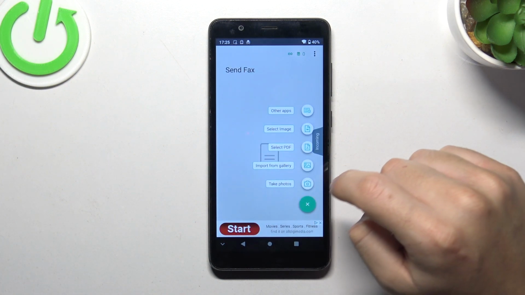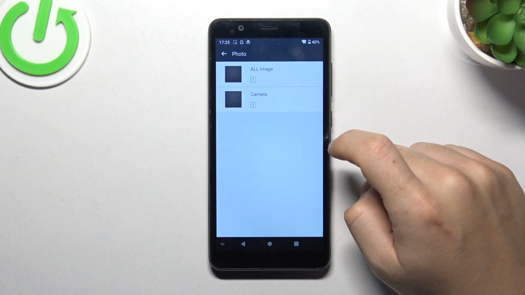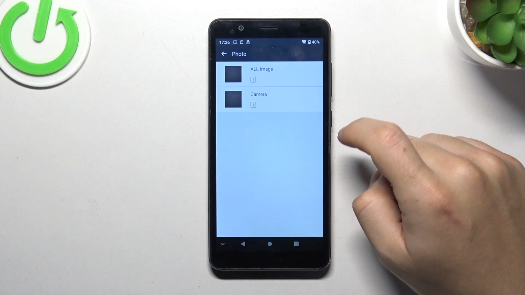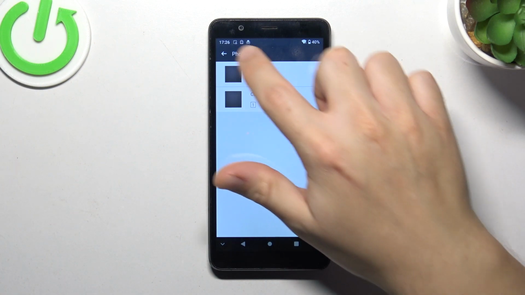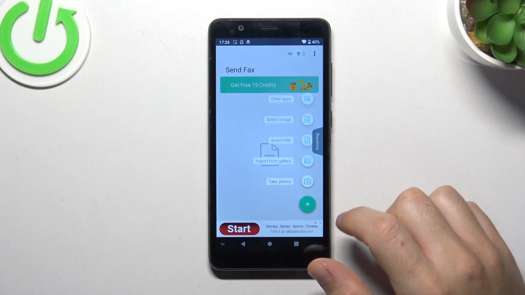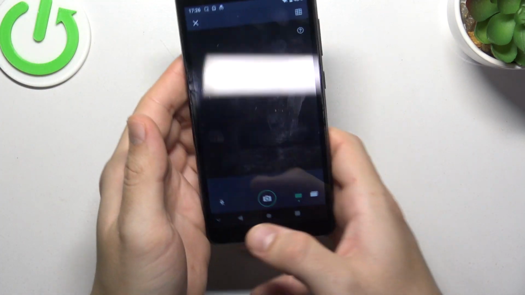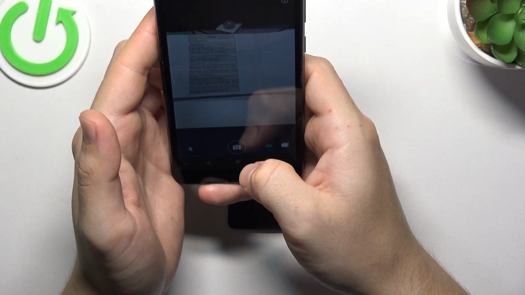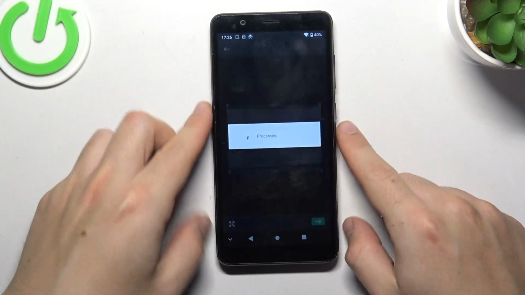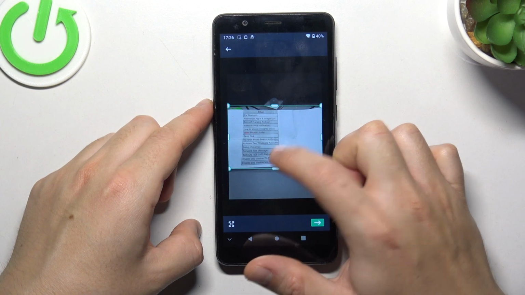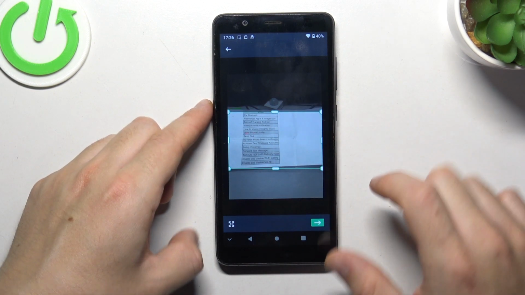Now click on the plus and choose Start Separate Document. I'm gonna pick something from my gallery. Oh, I don't have any photo, so we can take it. Okay, now we can add a shape to the document or the picture, and if you're ready, click on the